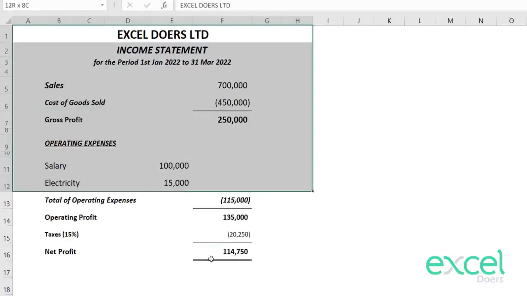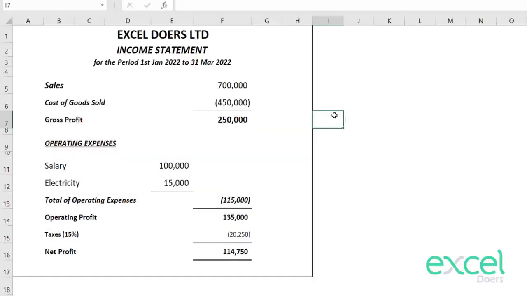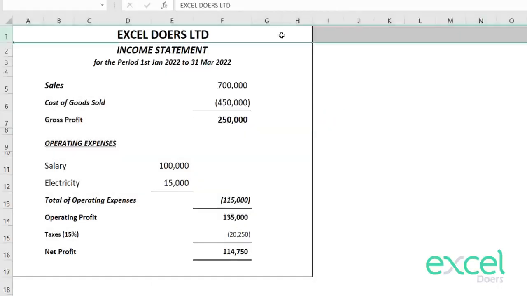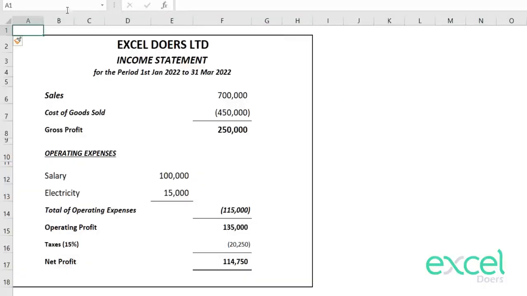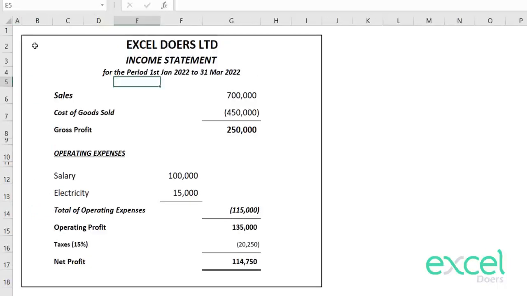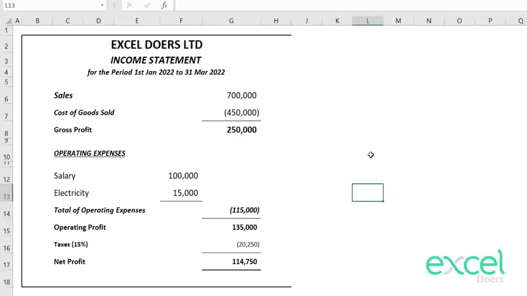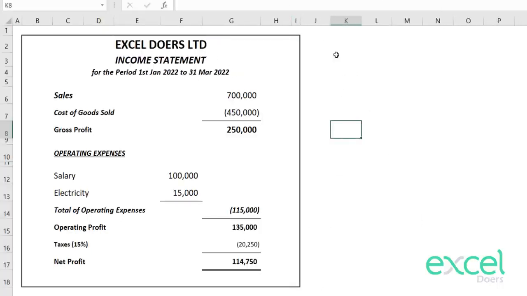If you want to give a border to this, you can give a dark border here, like this. On the top, if you left a line, and from the right, if you left the line, it will give you a good feel of the presentation, right? So this is your income statement ready. You can further hide this column. Not hide it, just reduce the width of it. Okay, perfect. So we just made a perfect income statement,